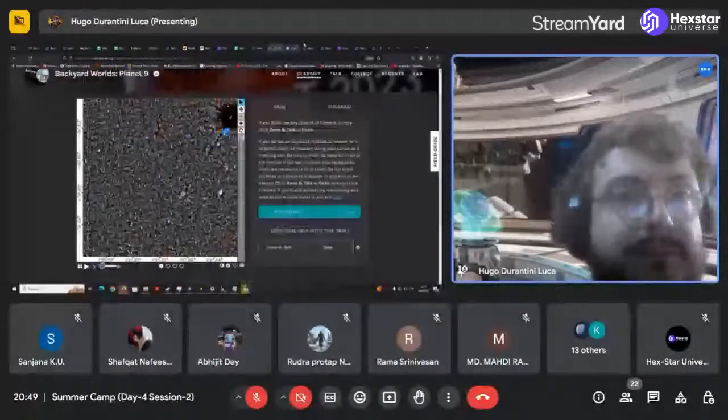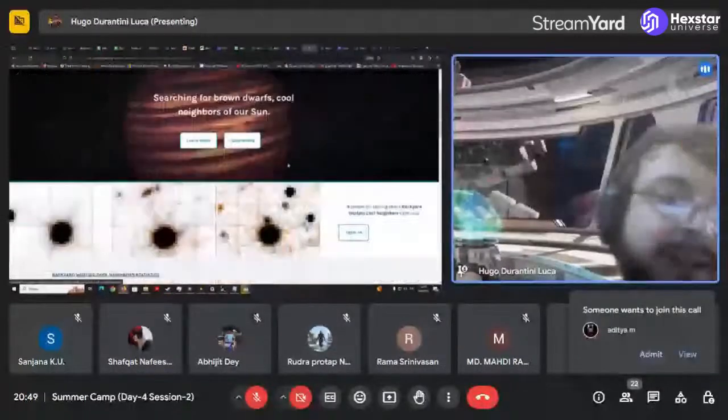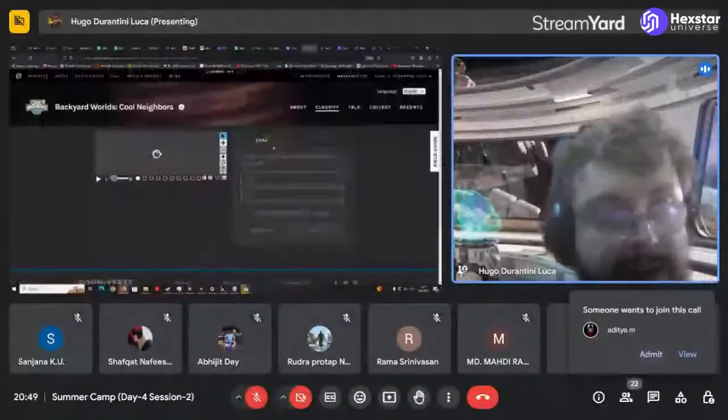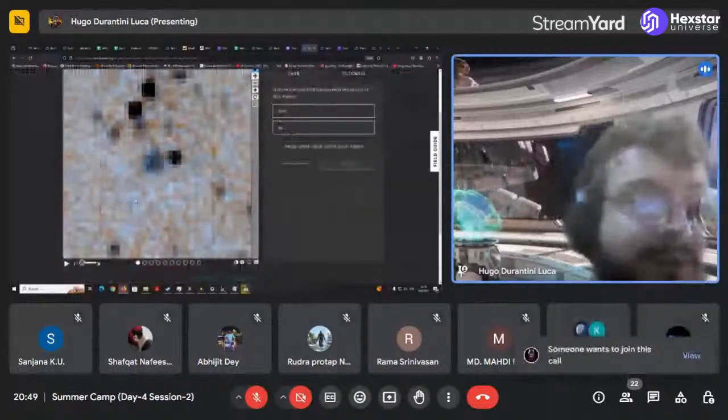Another byproduct that was generated from Planet 9 is this other version, called Backyard Worlds: Cool Neighbors, where the data is treated in a different way, and in my opinion, much easier on the eyes compared with Backyard Worlds: Planet 9.